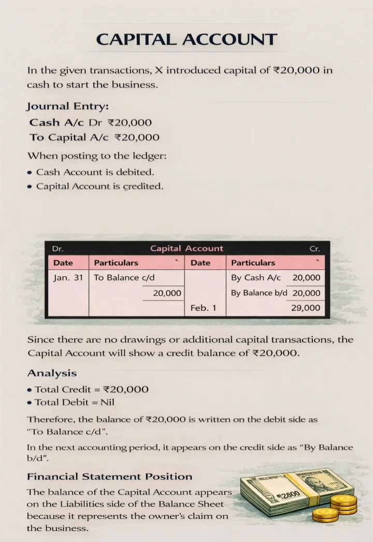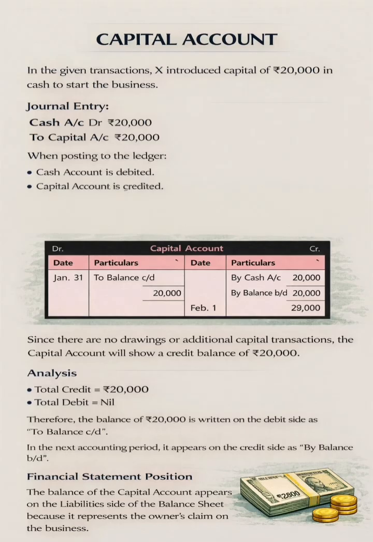Capital account. In the given transactions, X introduced capital of 20,000 rupees in cash to start the business. Journal entry: cash account debit 20,000 rupees, to capital account 20,000 rupees. When posting to the ledger, cash account is debited. Capital account is credited. Since there are no drawings or additional capital transactions, the capital account will show a credit